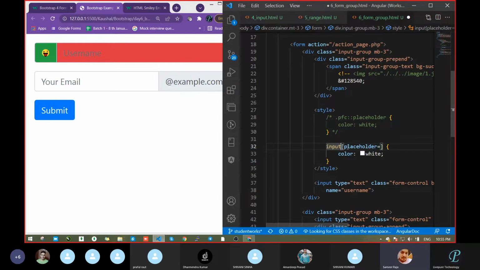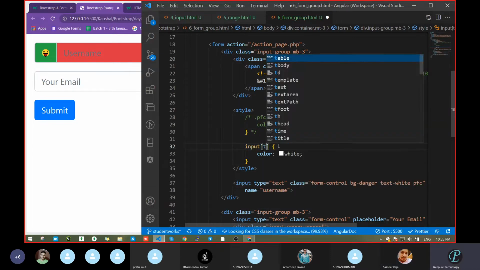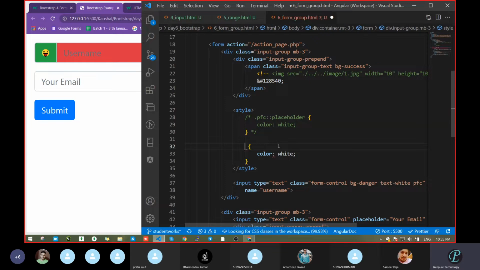But in type text, we are going to take input and type equal to text. At that time, the same thing is working. Type equal to input. No. Yeah, something mistake here while writing. Because before, everything is correct. Input type equal to text, that was working. Something mistake here in the writing way. Let's see.